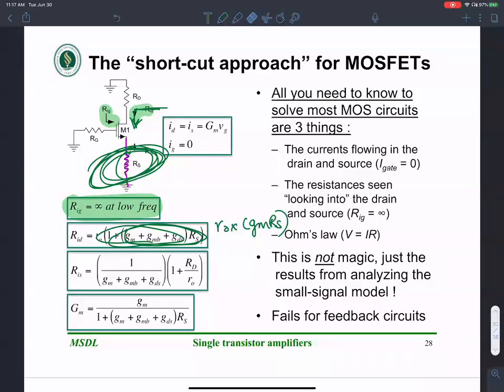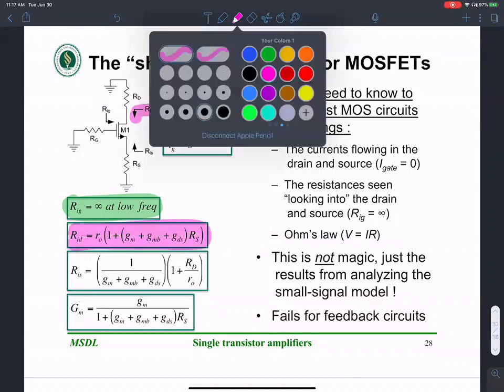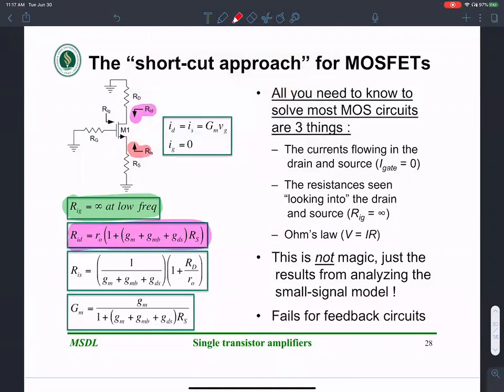Okay, so that's the intuition that you get. Our input looking into the source, that's R_in. Let me color code them carefully. Looking into the drain here is this guy. Looking into the source, you'll find